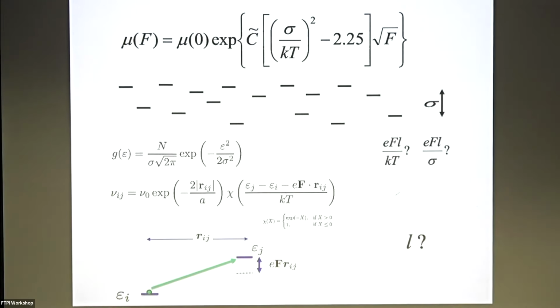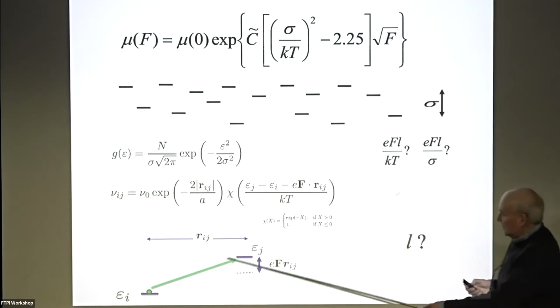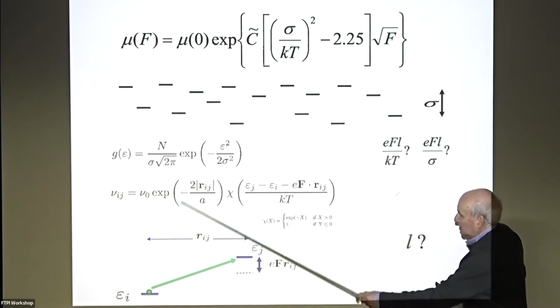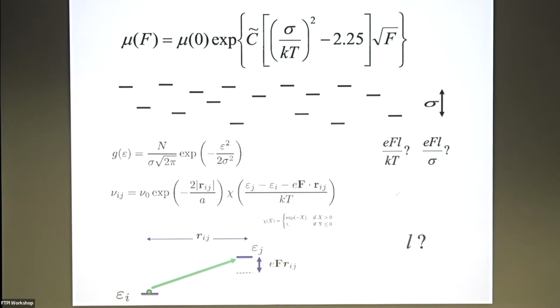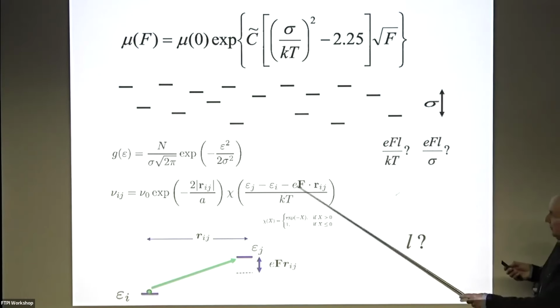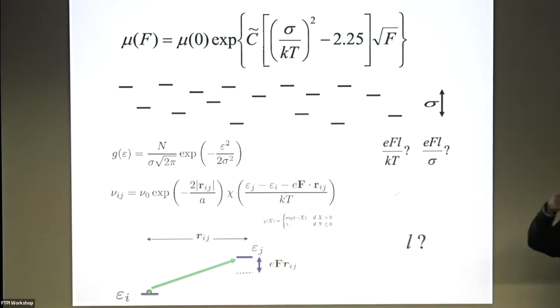And now I address a question to the audience. What would you like to use for the characteristic length responsible for the field-dependent hopping mobility in its very classical form? Here we have hopping of localized wave functions, and here is just tunneling from one place to another place. This is just a help for you. So the field affects charge transfer because the field drops down to the next available localized states, and therefore it enhances hopping transfer. So what is the characteristic length, students? What shall we put here?